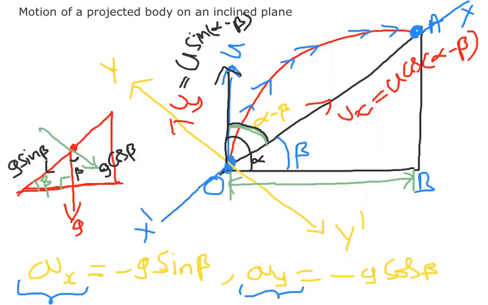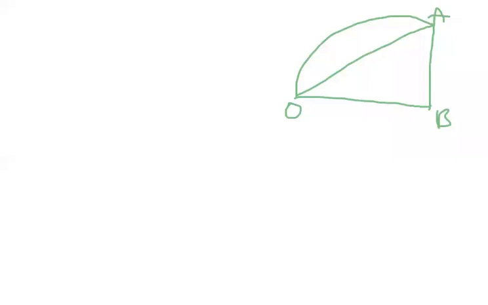For that purpose, I am continuing here for OB. My target is OB. Observe the diagram again carefully. You must and should feed this diagram in your mind. OAB, and this is projected like that, and this projected velocity is u. This total angle is alpha, the inclination angle is beta, and this angle is alpha minus beta. Please feed the diagram in the mind, number of times I'm telling. Now, I want the horizontal distance OB.